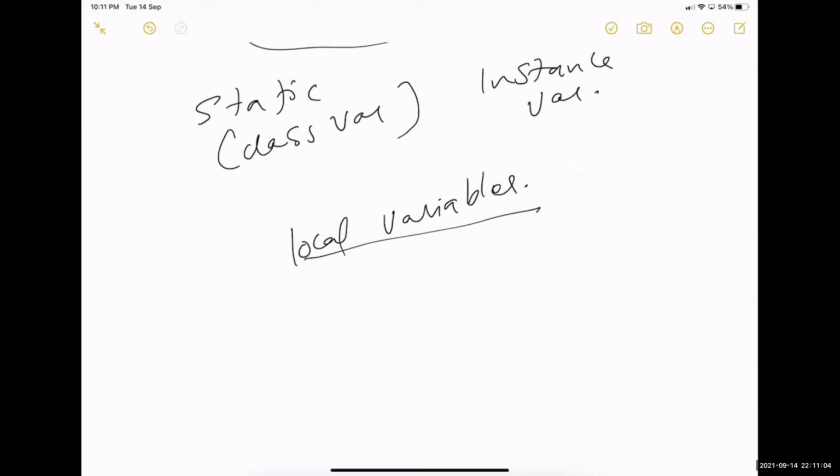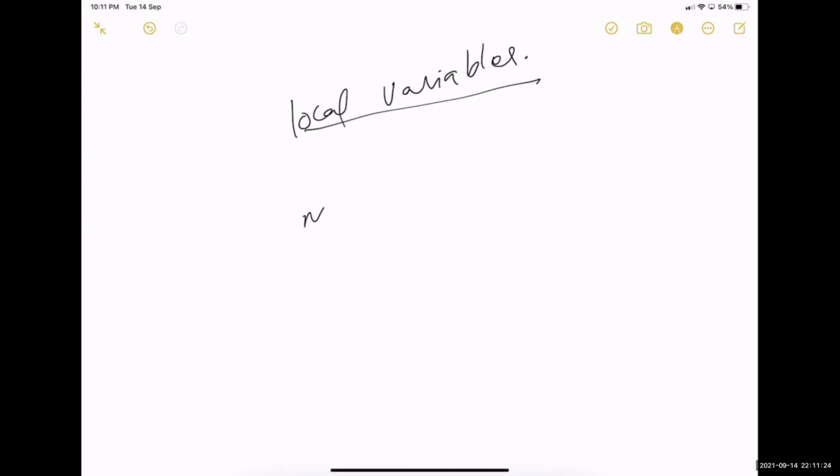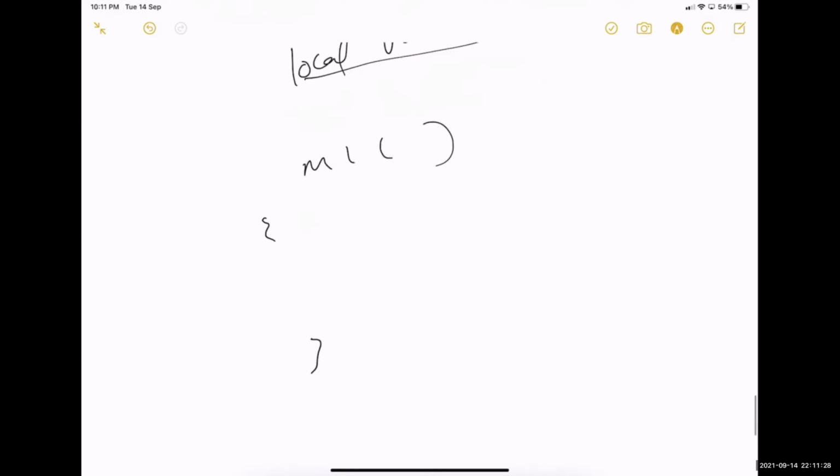If you are declaring a variable within a method, then that is called a local variable. So for example, in my method M1, if I have a variable called int d, and now I print the value of d, what will be the value of d?